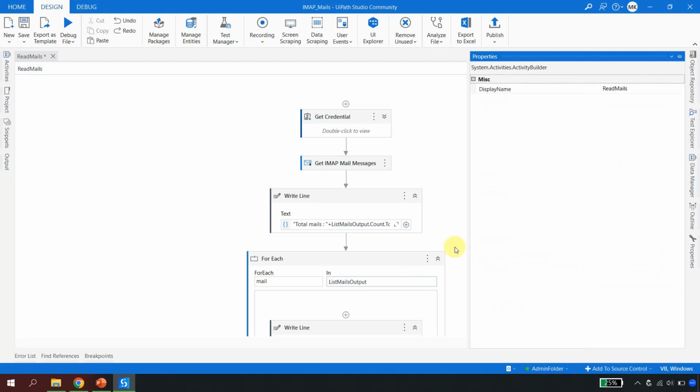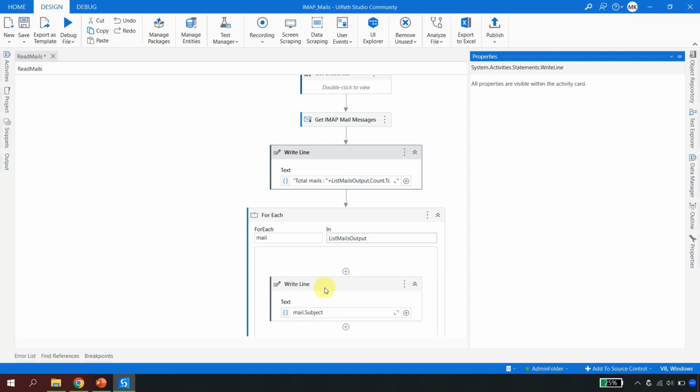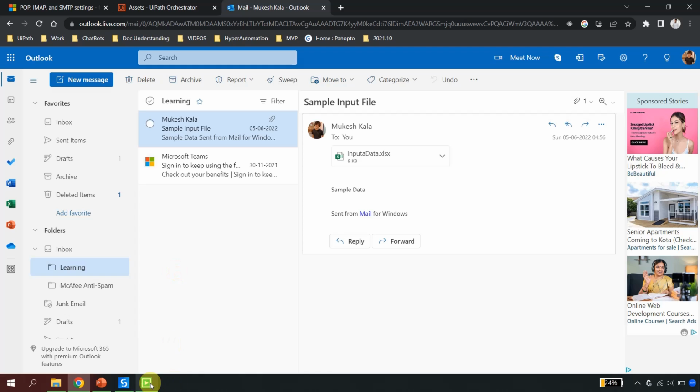What else do you want to do with the email? Once I have got the email, I want to print the total email count and then print the subject. Let's first see whether we are able to get the subject from the subfolder or not, then we write the next automation. I'll go here and say run the file. Automation has started